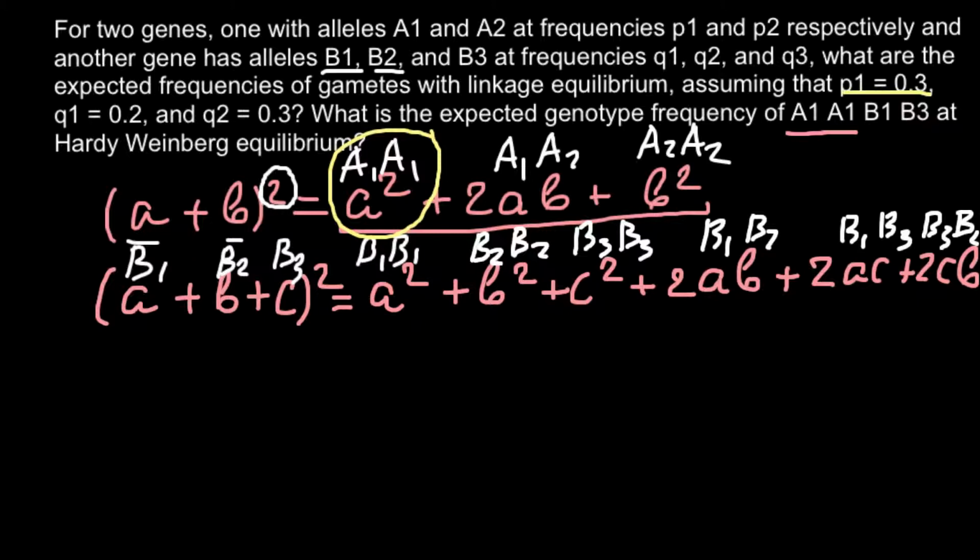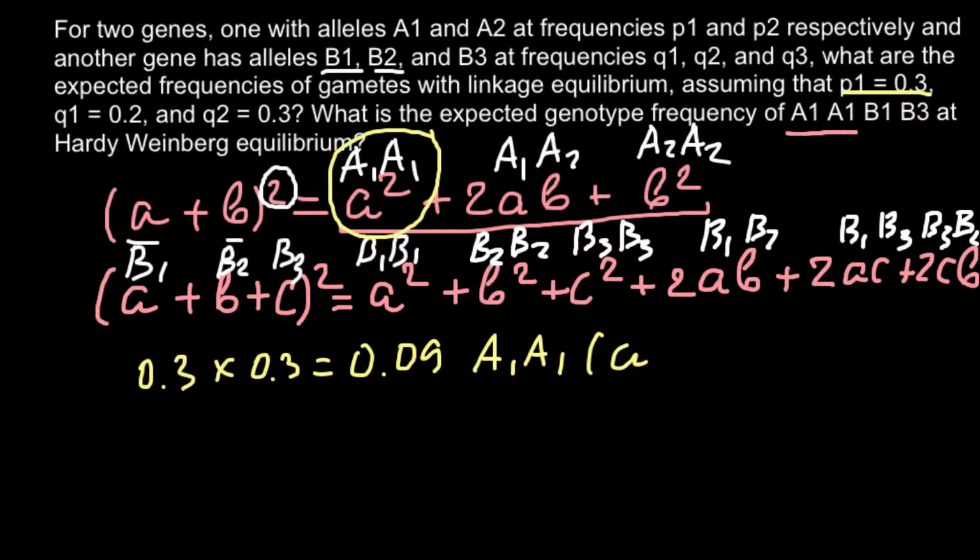here, that is 0.3. So what we have to do, we have to multiply 0.3 by 0.3, and the frequency of this genotype would be 0.09. So this is going to be frequency of the A1, A1, or A squared in our formula that we